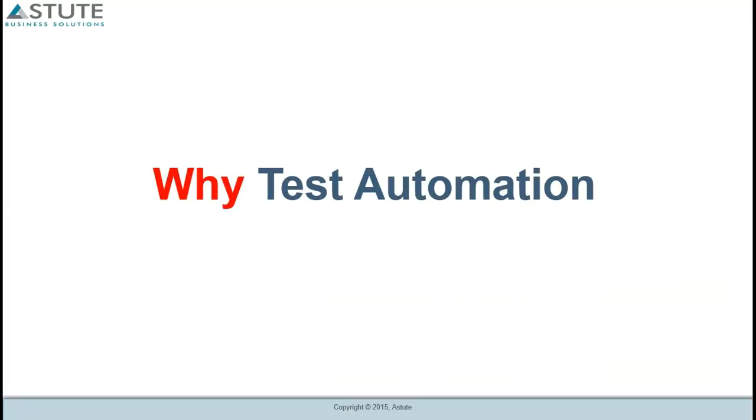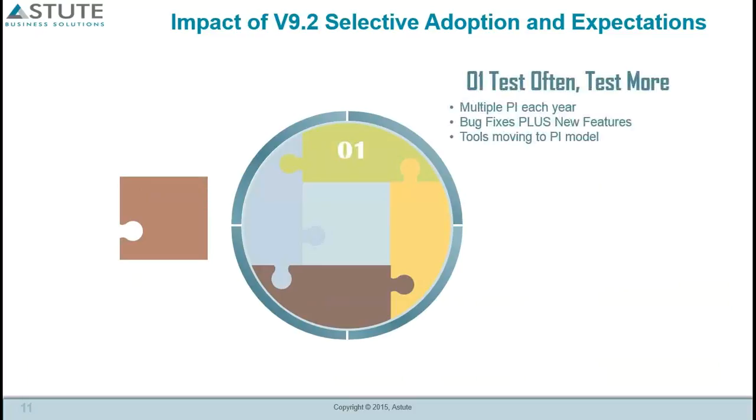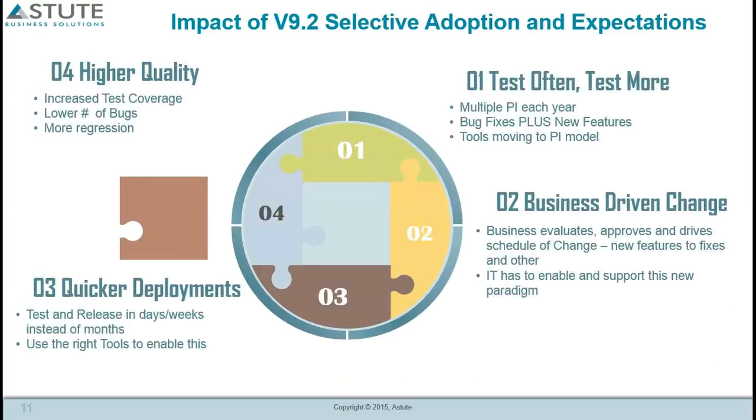Now, you're making the case for test automation, so you go forward and you look at why test automation, especially in the context of version 9.2. Now, many of you have told us you are on 9.2. Oracle's estimate is about 50% of customers are on 9.2 or upgrading to 9.2 at the moment, and the others are expected to catch up sometime in the next year or two or some time frame like that, because 9.1 is running out of support very soon.